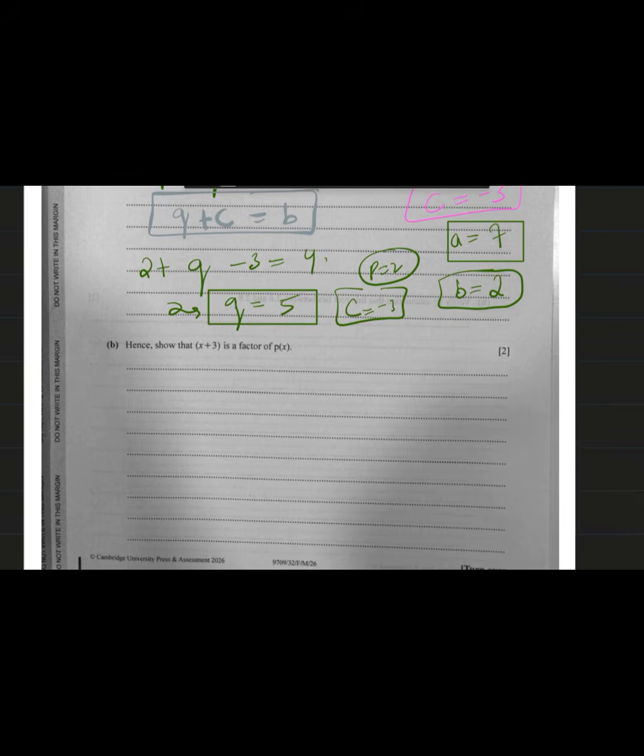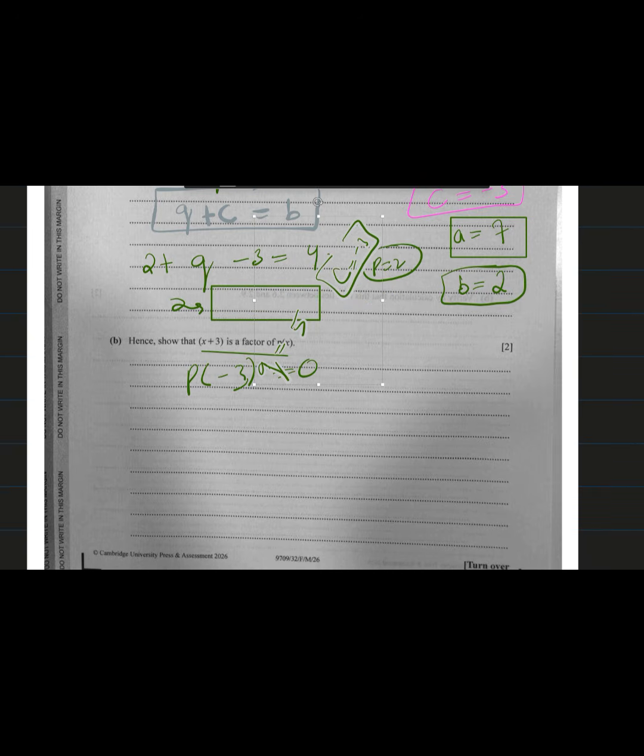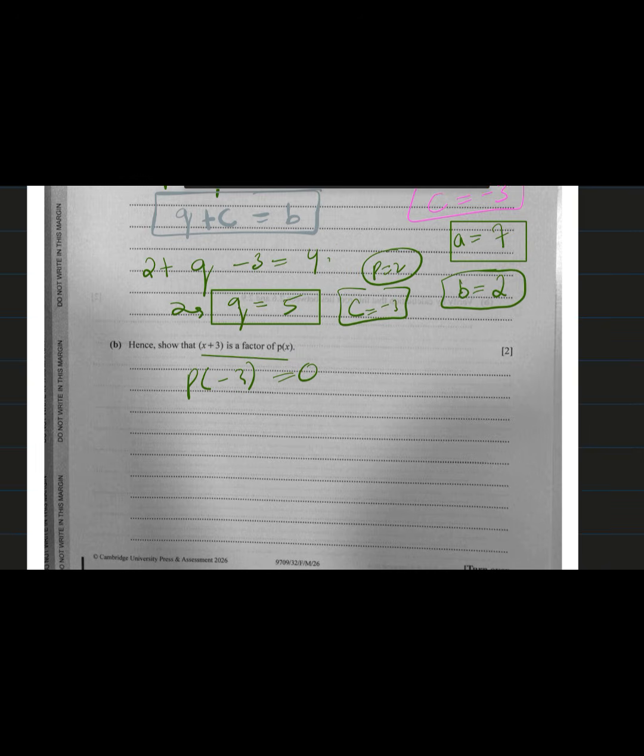Then we have the second part: to show that x plus 3 is a factor of p of x. So p of minus 3 should be equal to 0. That is our main principle. Now we'll put in the value of minus 3 in the entire equation. So 2 into minus 3 power 4 plus 7 into minus 3 cubed plus 4 into, sorry, 3 squared